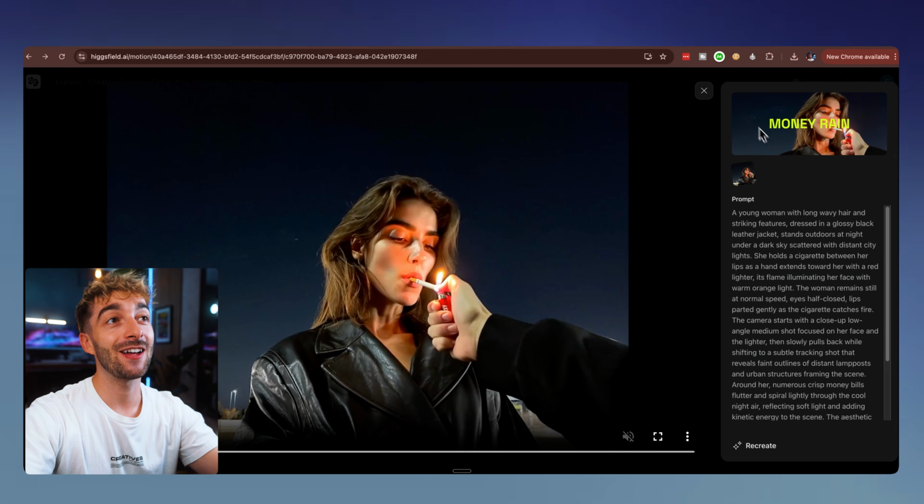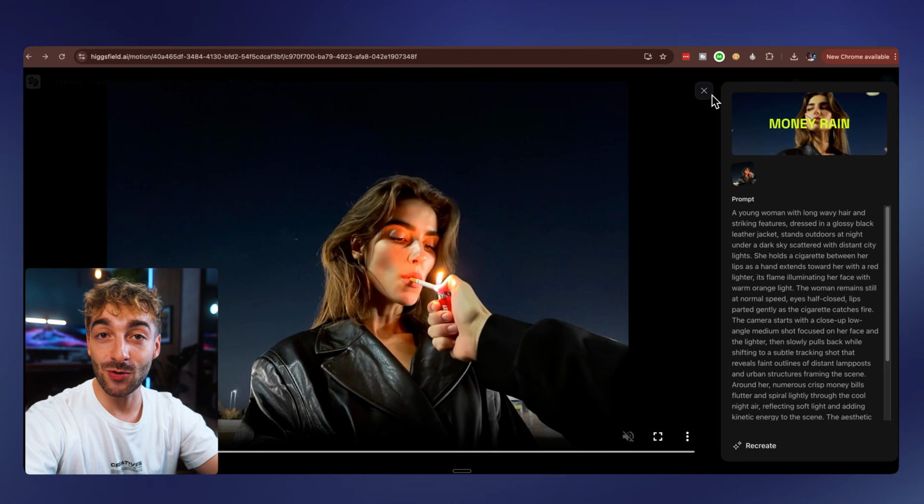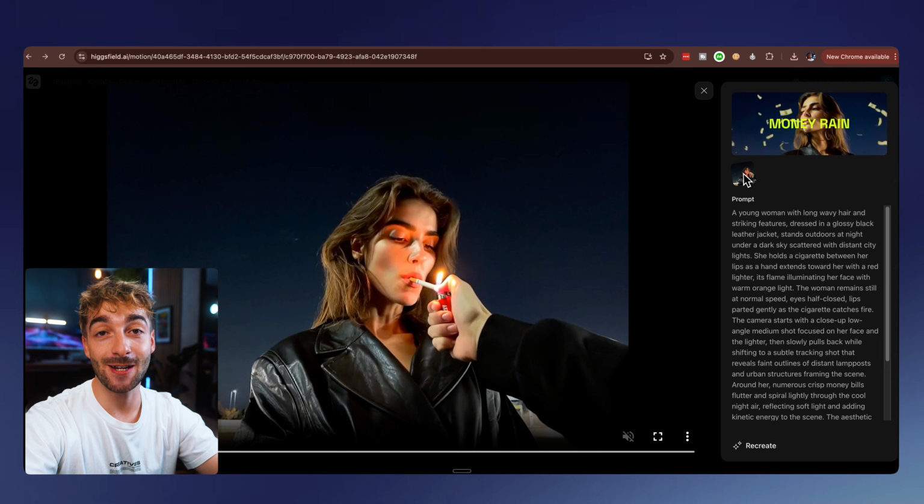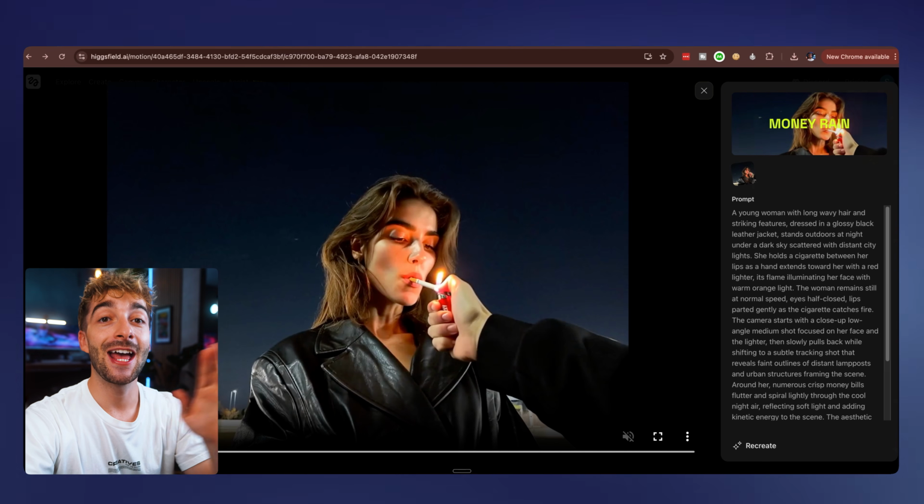Now that looks great, and you might have been like, hang on a minute, the image that you used is the exact same as the image from the template. If you're thinking that, then you're absolutely correct, because I actually went ahead and recreated that. So if you want to create whatever image you want, or you want to create the exact same image that you see in the template, here's how to do it